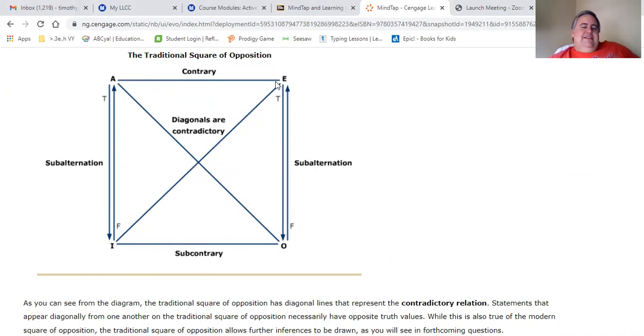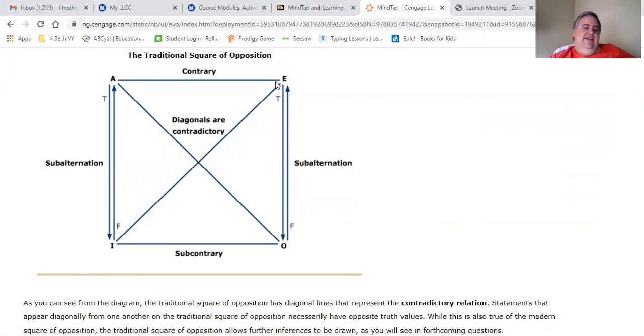So if you say something like, let's say all the students in this class are male, that's clearly a false A statement. The opposite of that would be no students in this class are male. That's an E statement. That's also false. So you can have both of those statements, A and E, be false. But you can't have a statement where A and E are both true if they're talking about the same set